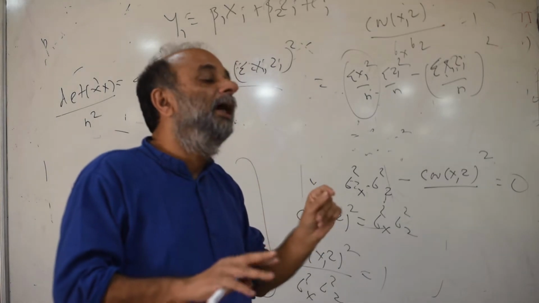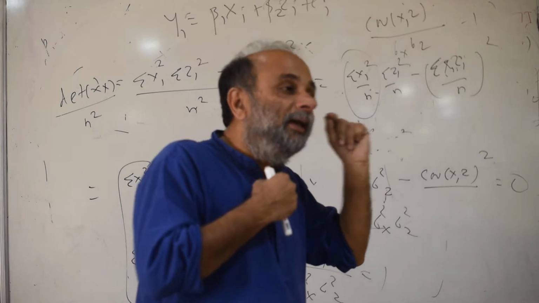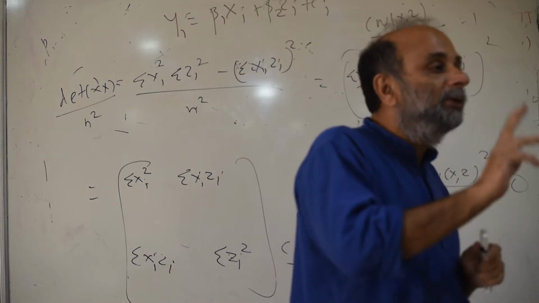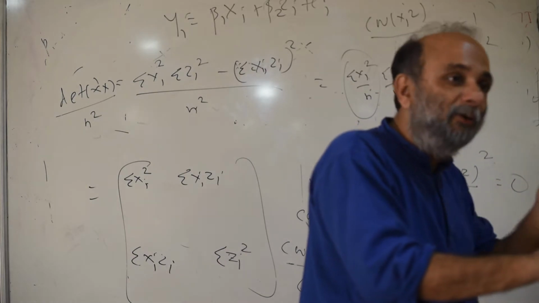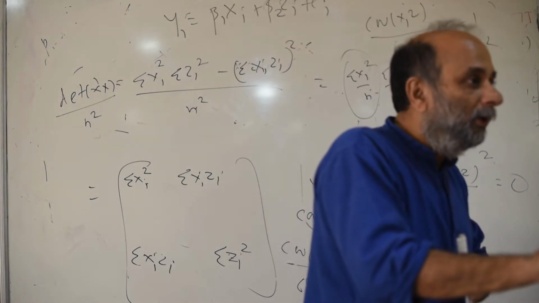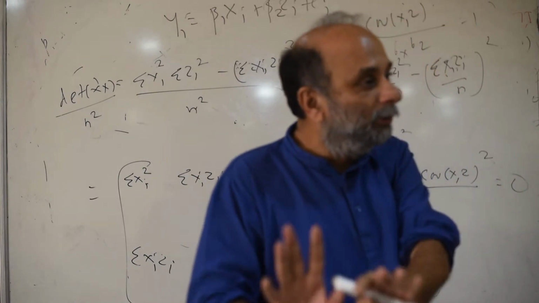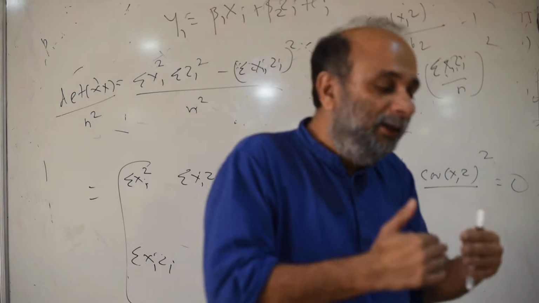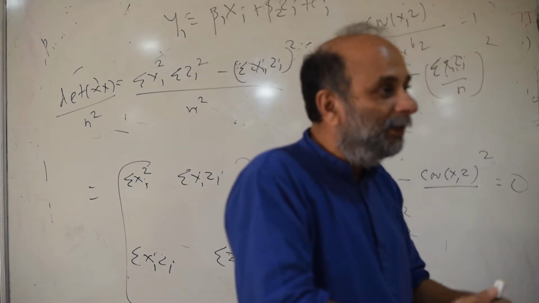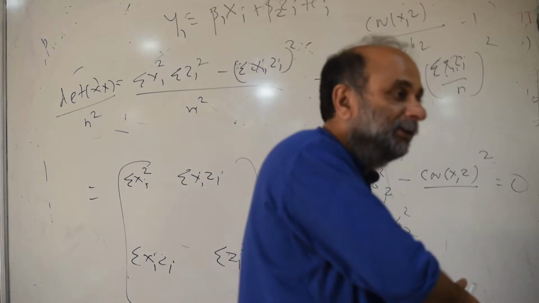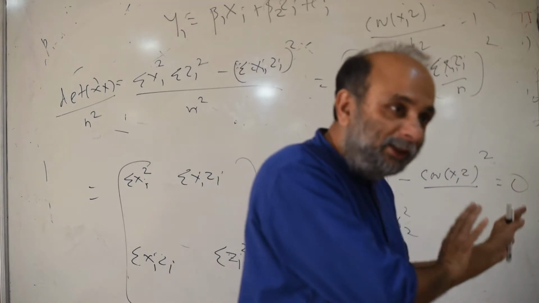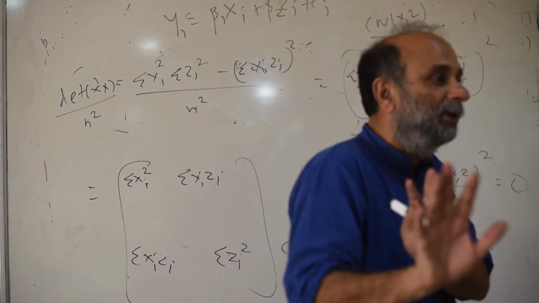Because if you want to see how people's financial assets change with their income, keeping the education level constant, you must have at least 2 households with the same education level but different income levels. Only then will you be able to say that the education level is the same, I changed the income, one has this much income and this much financial assets, the other has this much income and this much financial assets, so when income changes you get this much change in financial assets, keeping education level constant.